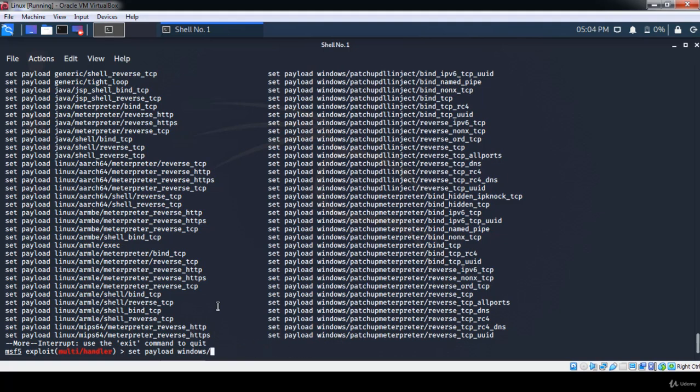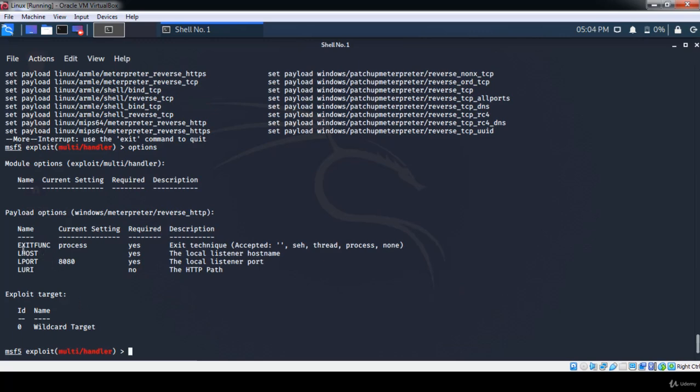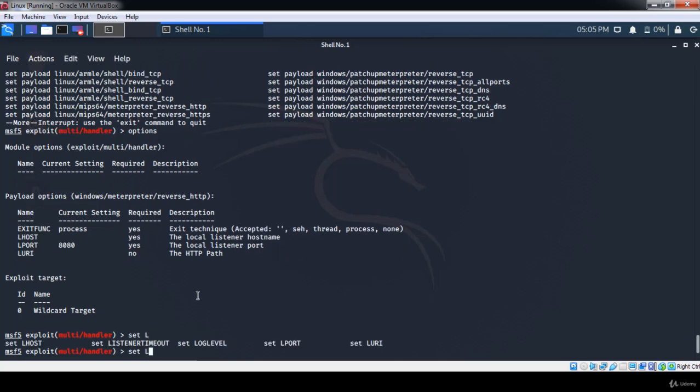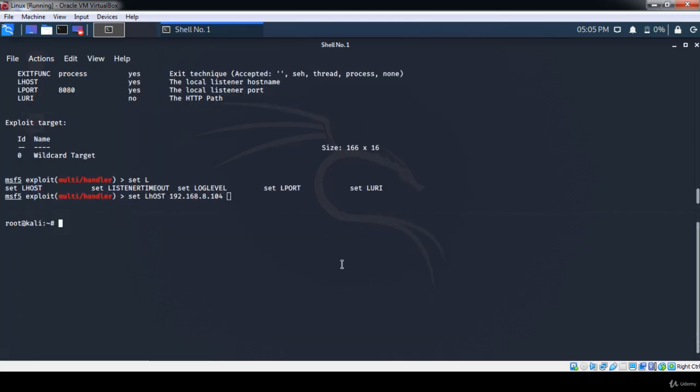Then here we'll write options. So now it's asking us to change the LHOST and LPORT as we have done. As usual, we will use set to change the options, LHOST, and here it's not case sensitive. You can write just anything, LHOST, and it's the IP of the Kali machine 104, and to make sure it is 104, just write ifconfig,